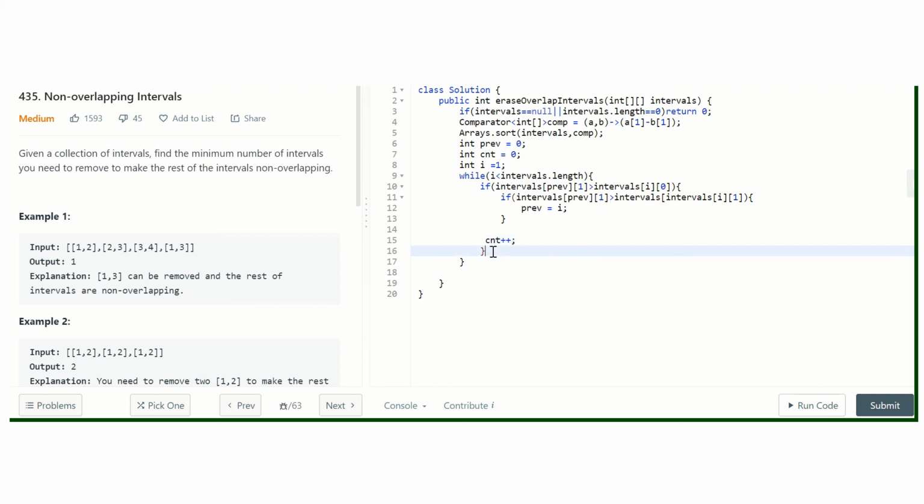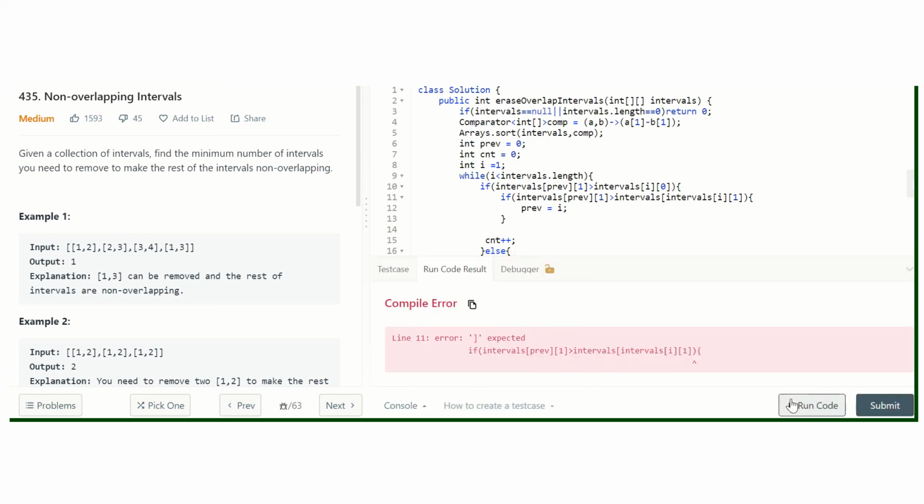If that is not the case, then we can make our previous equal to just i, and in the end we return count. So let's run this program. Why is it giving me an error?